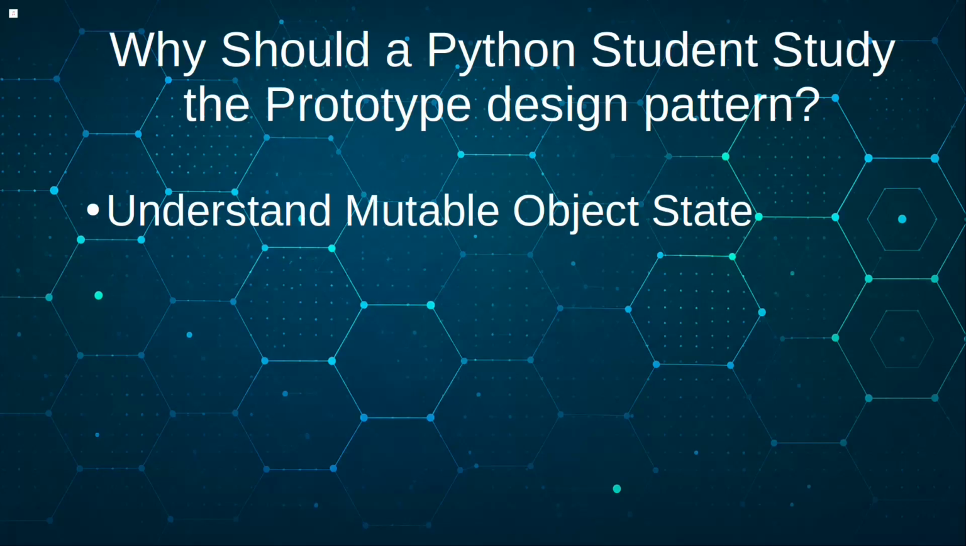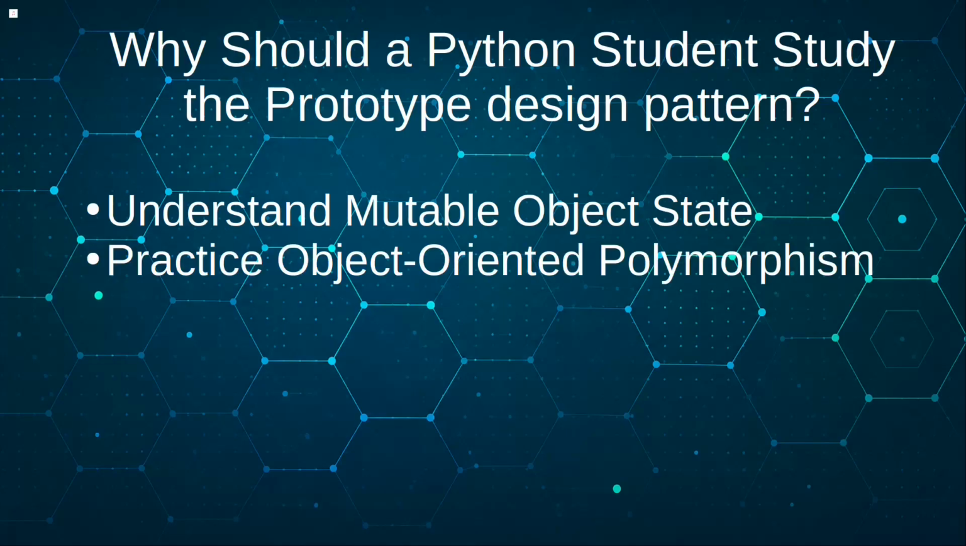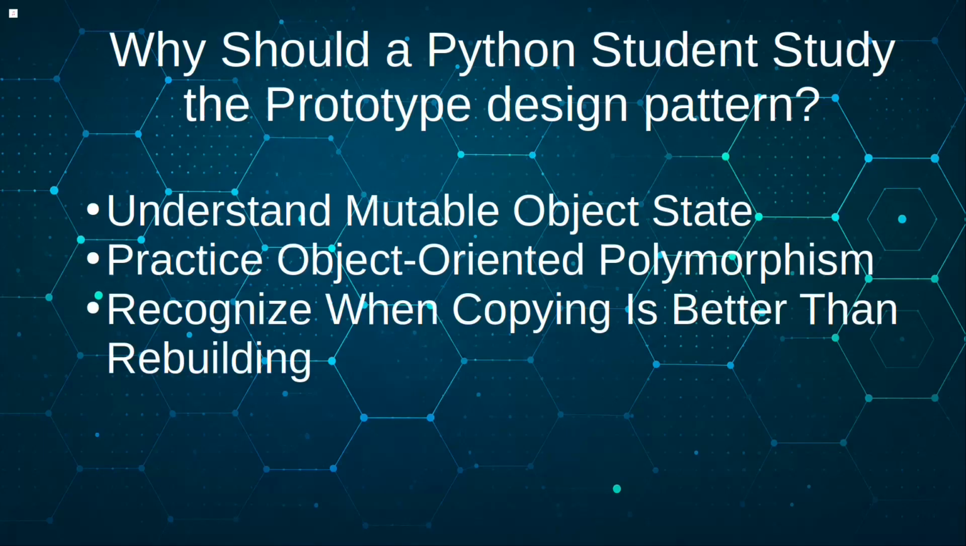Understand mutable object state. Prototype helps expose an important Python concept. Copied objects may still share references to mutable objects such as lists and dictionaries. Practice object-oriented polymorphism. Different prototype classes can provide a common clone operation while controlling how their own objects are copied. Recognize when copying is better than rebuilding. Prototype teaches students to evaluate whether creating an object from an existing example is simpler than constructing it from the